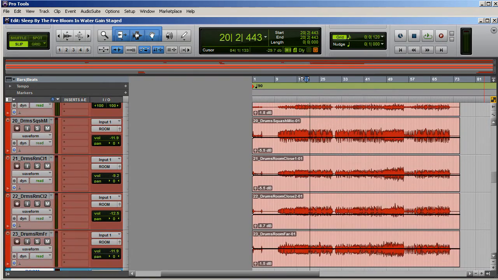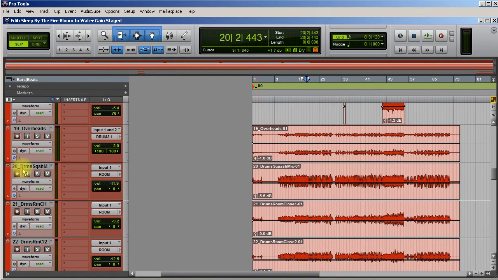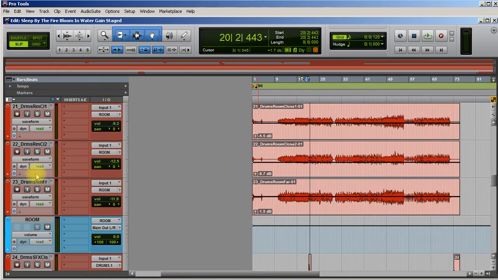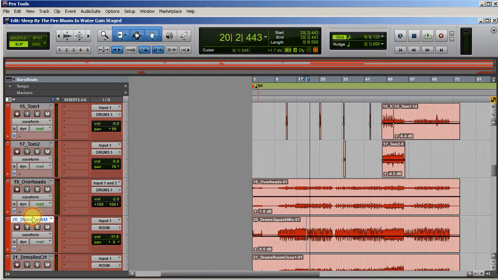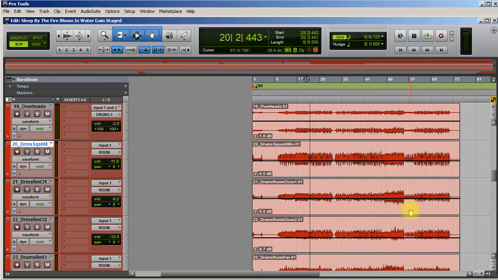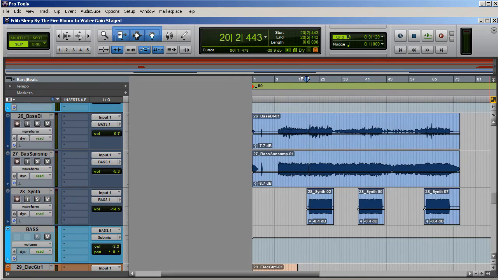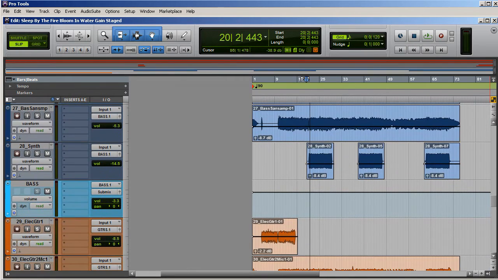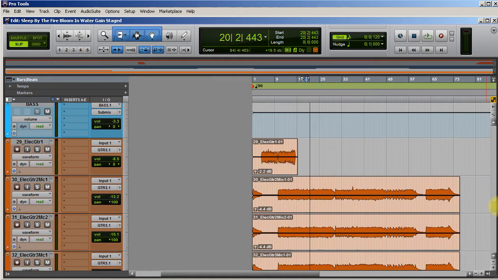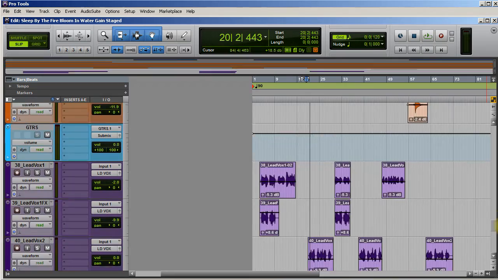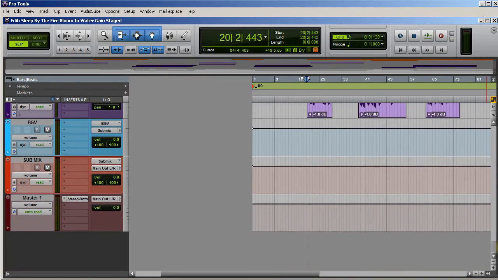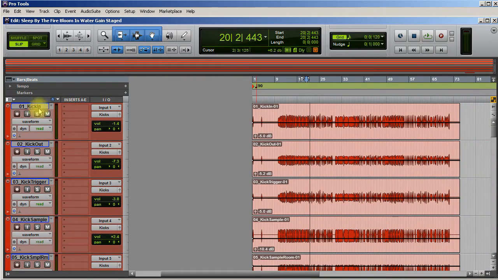There are so many rooms in this. The rooms start from here, go all the way down to here. Now, if I was really mixing this song, I would go through and decide what I wanted to keep. You don't need 5 different variations of a room mic. But just to make this simple, I'm just going to route them all to a rooms bus. And let's see, we got some electric guitars, some background vocals, lead vocals. All right, so